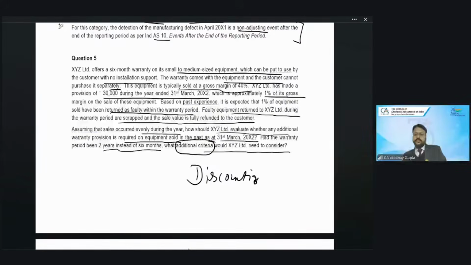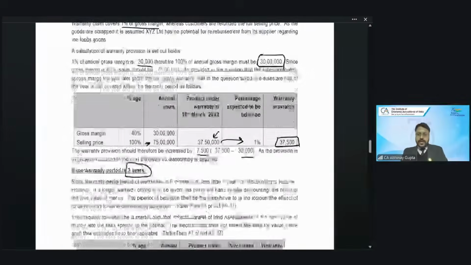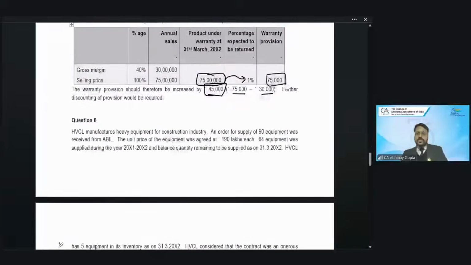Yes or no? Yes, sir. We need to put the present value for the future payment. Right? So in that case, because the information about the discount rate is not available, we are not going to do that, but we will mention